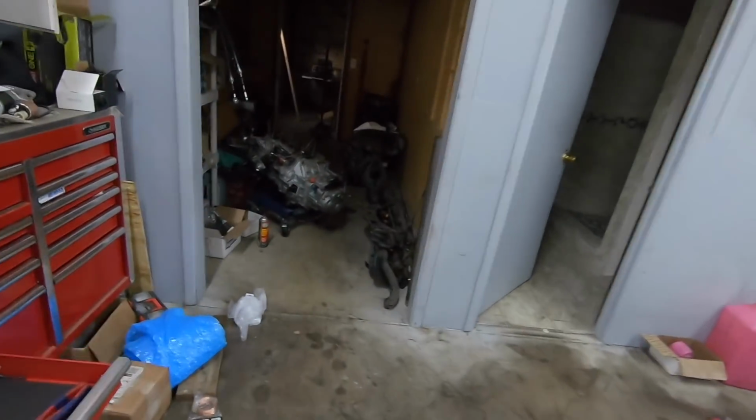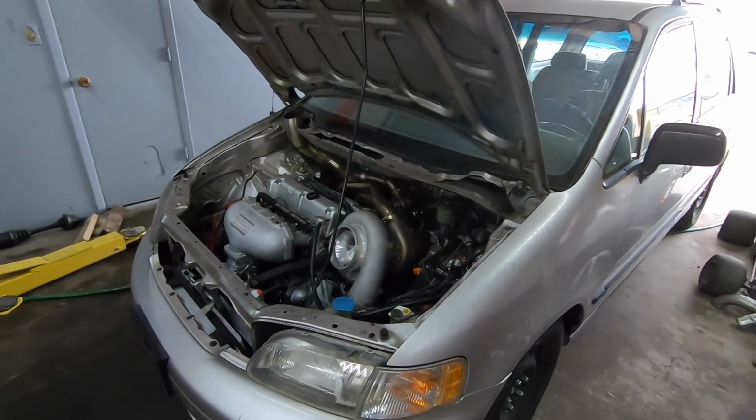The block and stuff's all over here on this little cart, and everything looks good on the engine that came out of the MR2. But yeah, like I said, that's why we've kind of been not uploading too much lately. Just been busy with this. Emilio's been busy getting Hondaru put back together. And we also have some stuff coming up for the Routacy